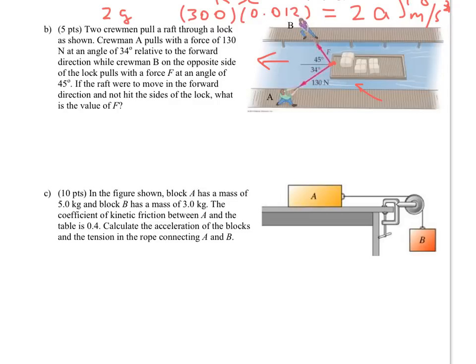Now, for you not to hit the sides of the dock, that means you're not going to go to that side or to this side. What that means is you cannot accelerate in this direction or that direction. In other words, you have no acceleration in the y direction. So Newton's second law, sum Fy equal to m a sub y,